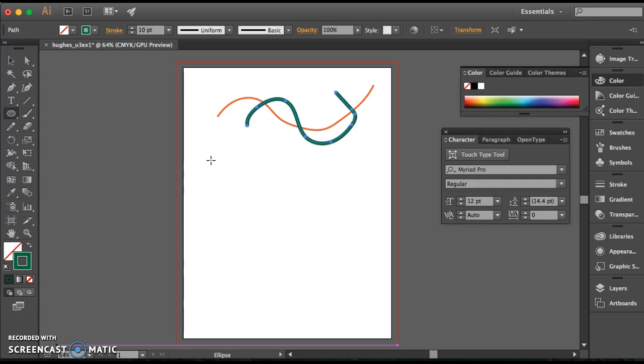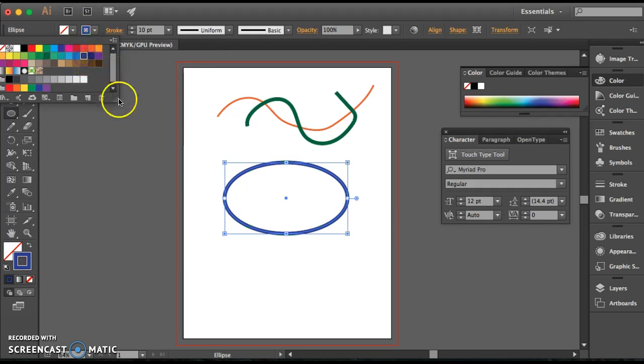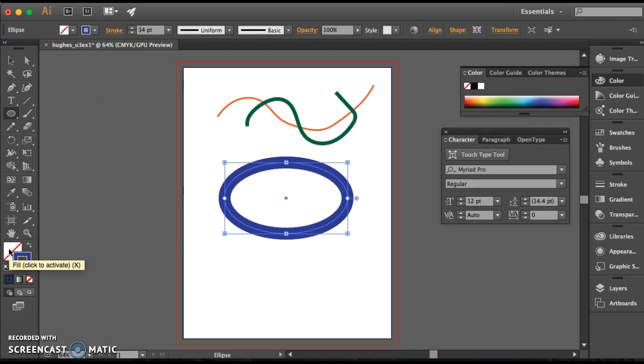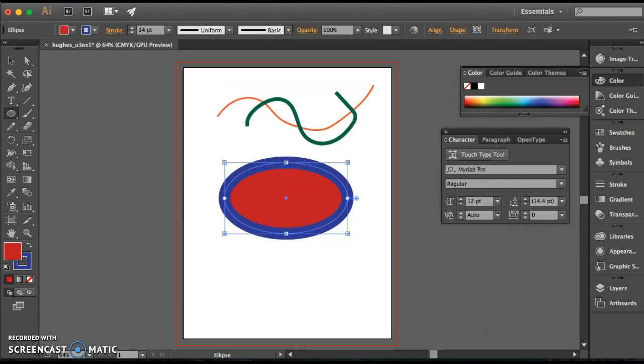And what we want to do with that hidden shape is draw a shape on the canvas and set the stroke and fill properties in the control panel. So we'll draw that shape, and then the stroke, let's just do something totally different. Blue, and we'll just make it kind of big here. And then the fill, we will make, there we go. Okay, and then